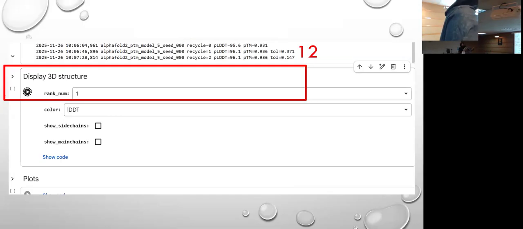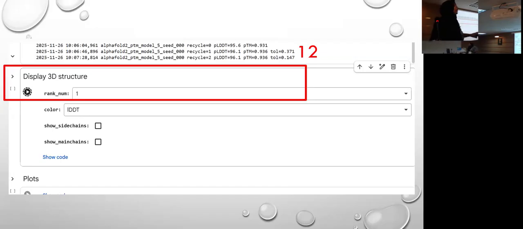How many of you are on this display 3D structure? Actually, the reason it takes time is that by the end of this cell, your results are completed.